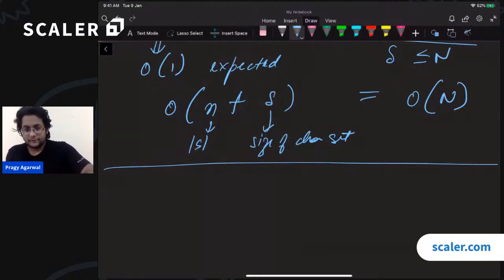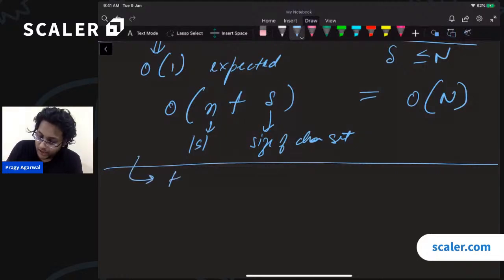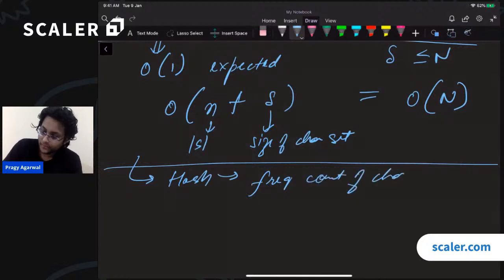Perfect. So what we see from here is that all these things are variants of hashing, calculating a hash. Over here, our hash function was slightly different. Our hash function over here was just the frequency count of characters. And whenever we are solving problems related to hashing, we might have to choose our own hash function to make sure that it aligns with the problem that we are solving. All right,